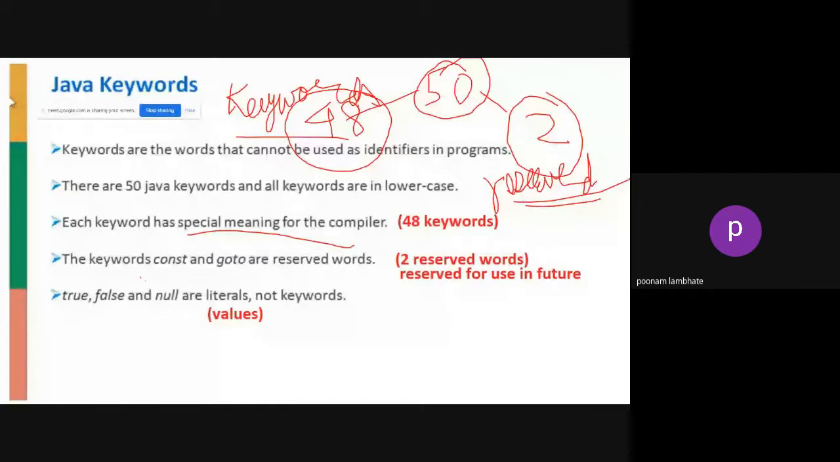So you cannot use them as the name of your variable either, because they are reserved. Which are these 2 words? const and goto. These 2 words are the reserved words. And